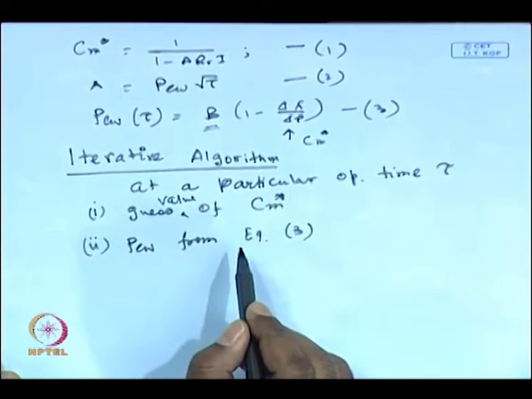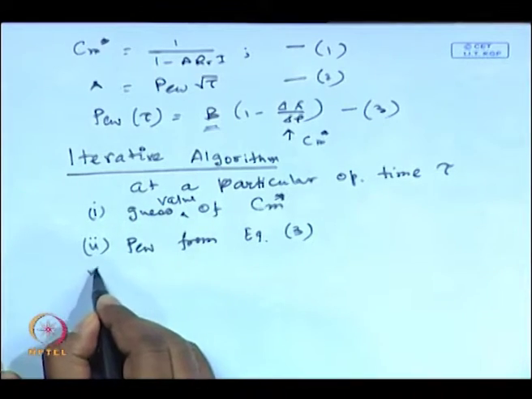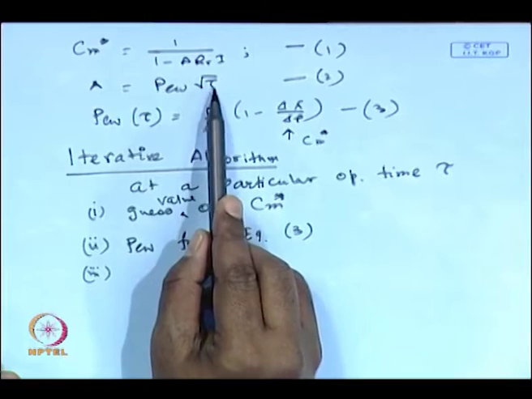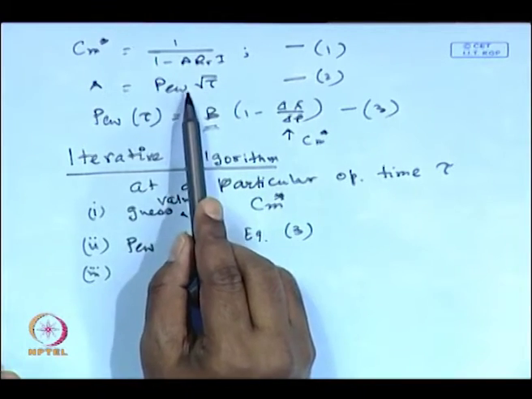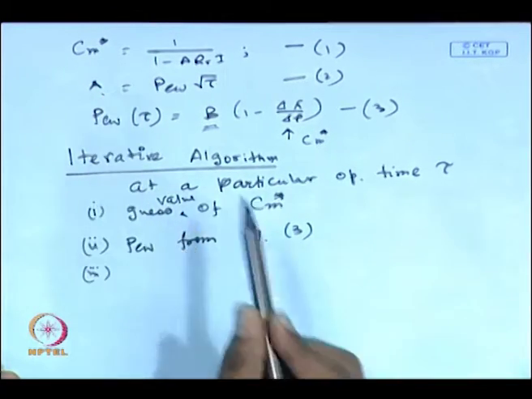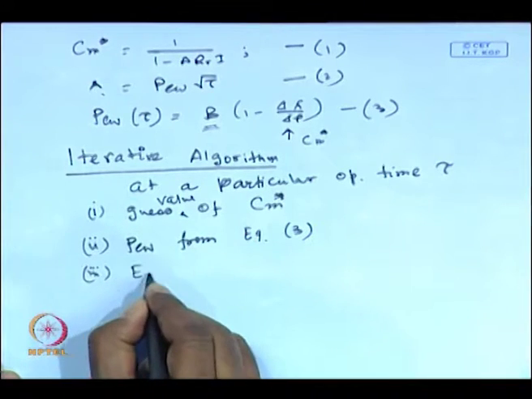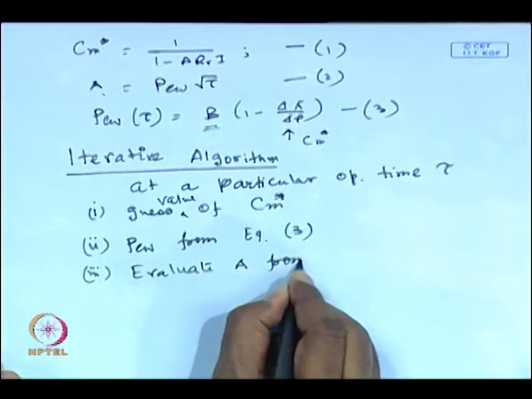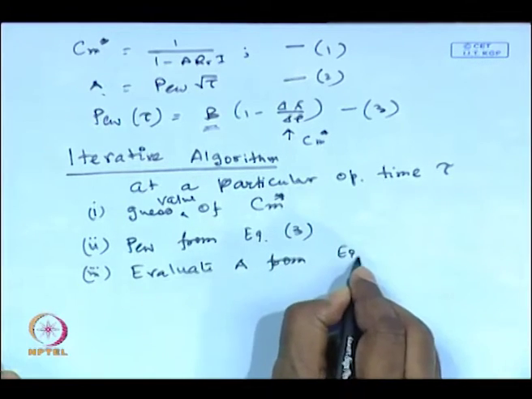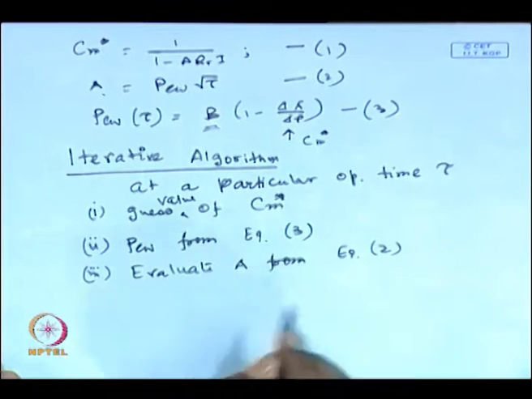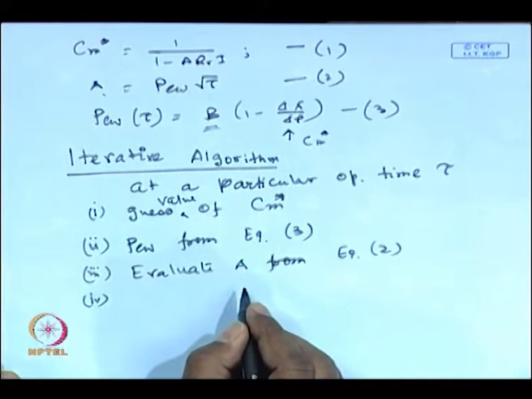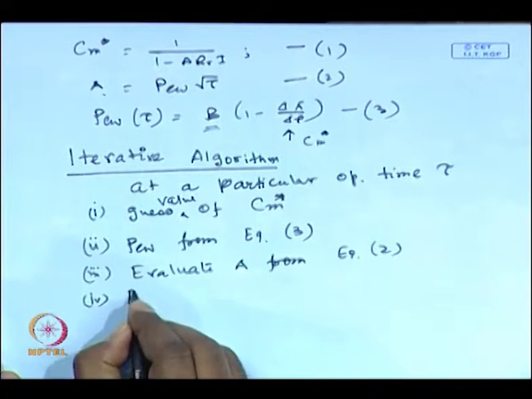Once you know the value of Pw, from equation 2, you know the time point, you know the value of tau, you know the Pw, so you can get the value of A. So, evaluate A from equation 2. Once you know the value of A, you are in a position to evaluate the definite integral I. Evaluate I